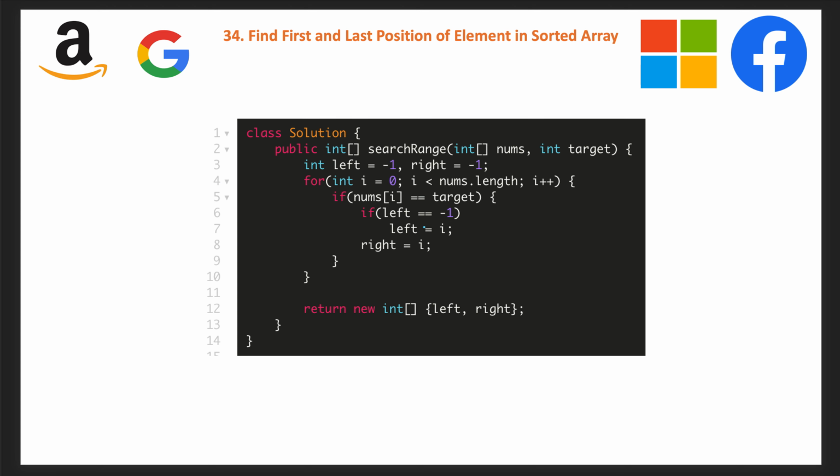Here is a code snippet I have written down of what I explained. The time complexity of the solution is O(n), as we are iterating through all the numbers in our array of length n, and the space complexity of the solution is O(1), as we are just using a few constants, in this case two constants. Now the follow-up is asking: can we do it in O(log n) time?